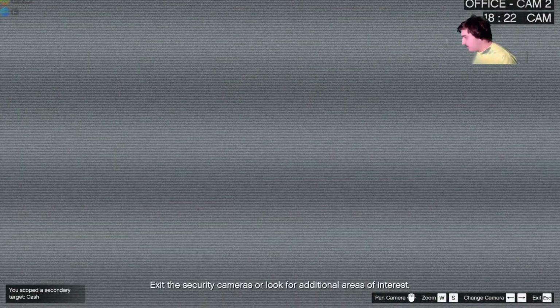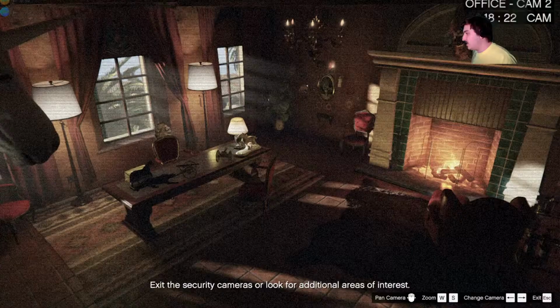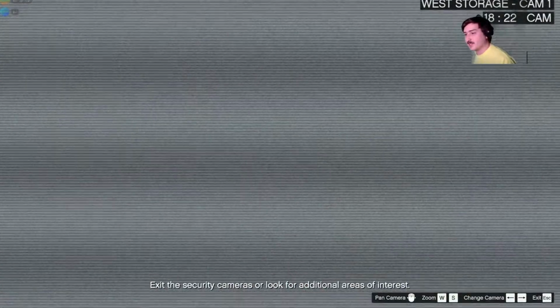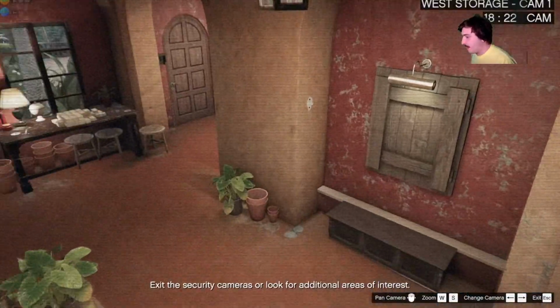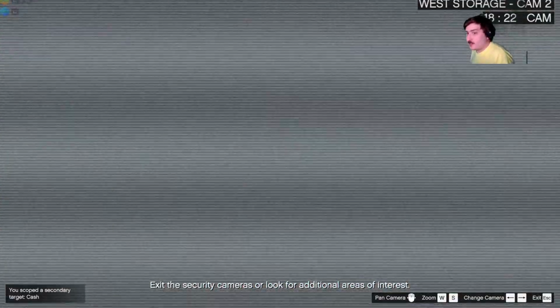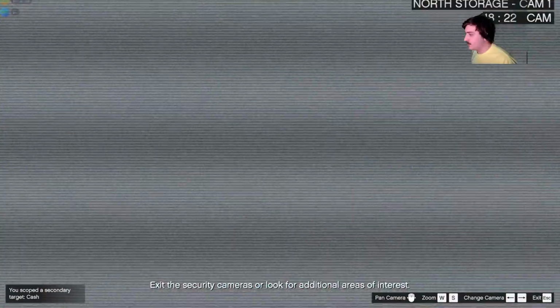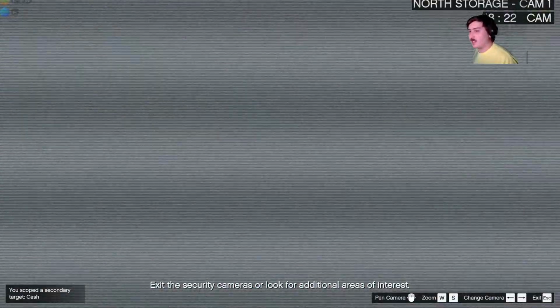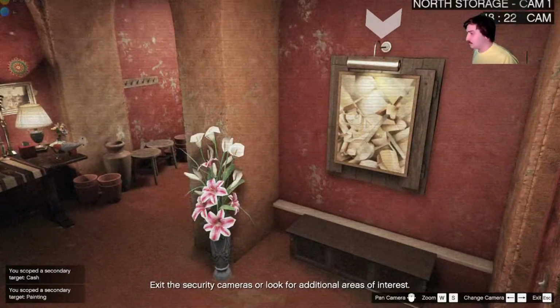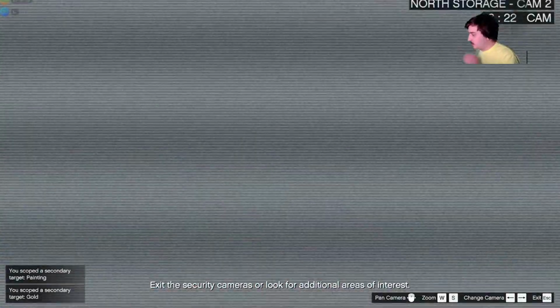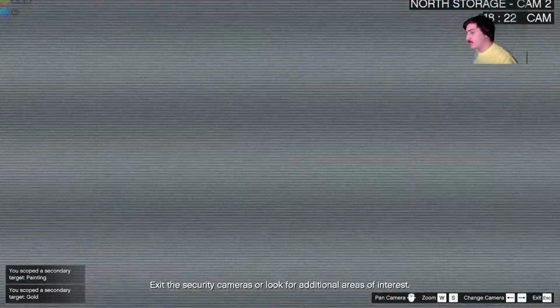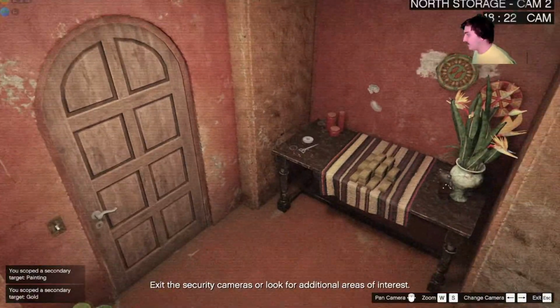I don't know why they just leave cash out on a table like that. That is kind of weird, honestly. Yeah, they just leave a pile of cash on a table like this. Like, what is this, a honeypot or something? Man, I've recently found out, look at this painting, that generally the aspects